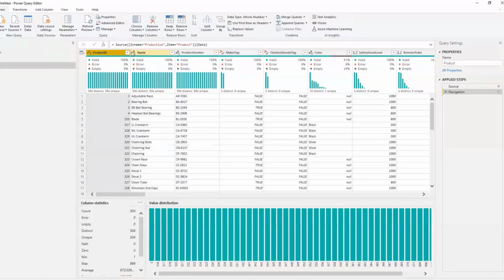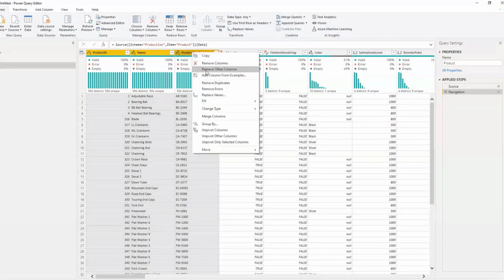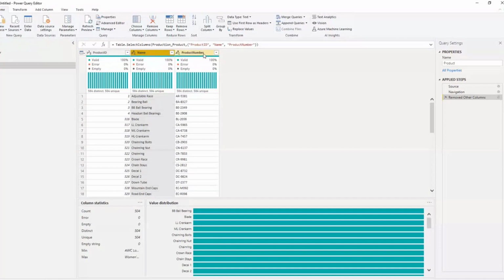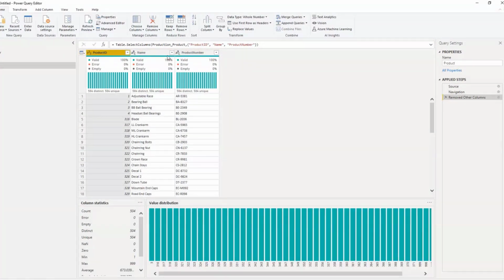So how you do that is click on the Control K and click on the required columns. And after that, just right click on one of the selected columns from out of the three, and click on remove other columns option. So when you do that, you have isolated these three columns and removed all the other columns from this particular table, right? So now it's time for us to provide some decent names for these fields or columns in this table.